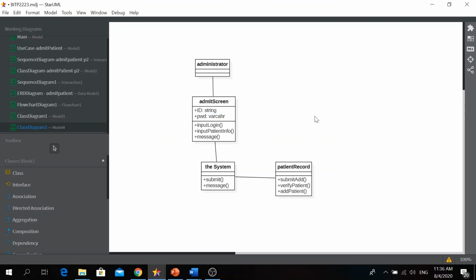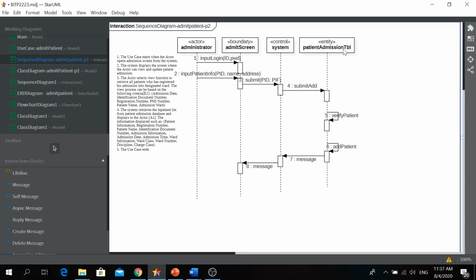Now you want to discover the system attributes. Normally the controller doesn't carry any attribute. So look at your sequence diagram. They bring the ID and PIF. Never mind, we just put the admit screen got name and address. So you need to update here. Name and address.